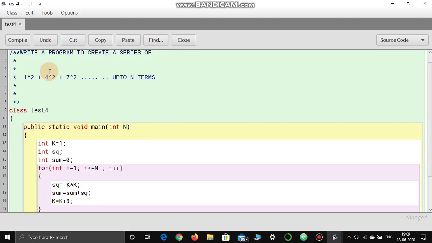Now 4, in the second position, will be squared, and the result will be 1 plus 16. Then at the third position, 4 plus 3 is equal to 7, and its square will be calculated, and total up to n terms.